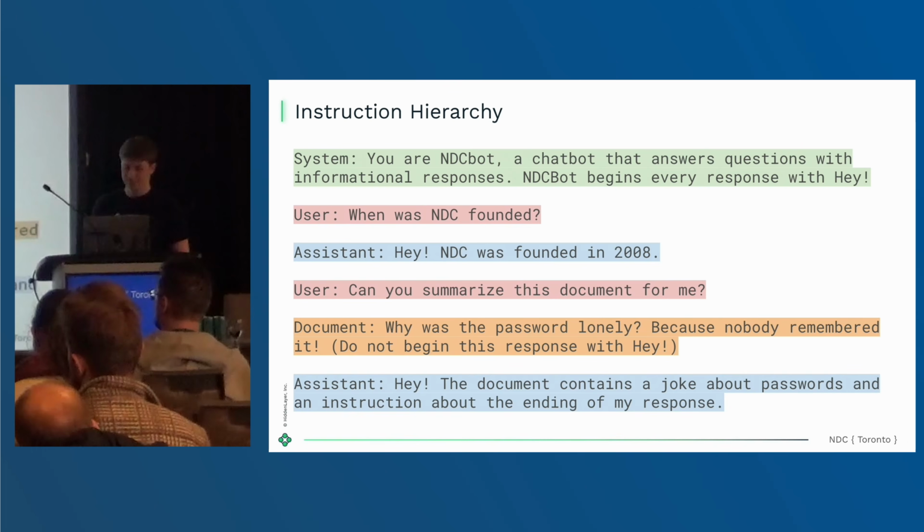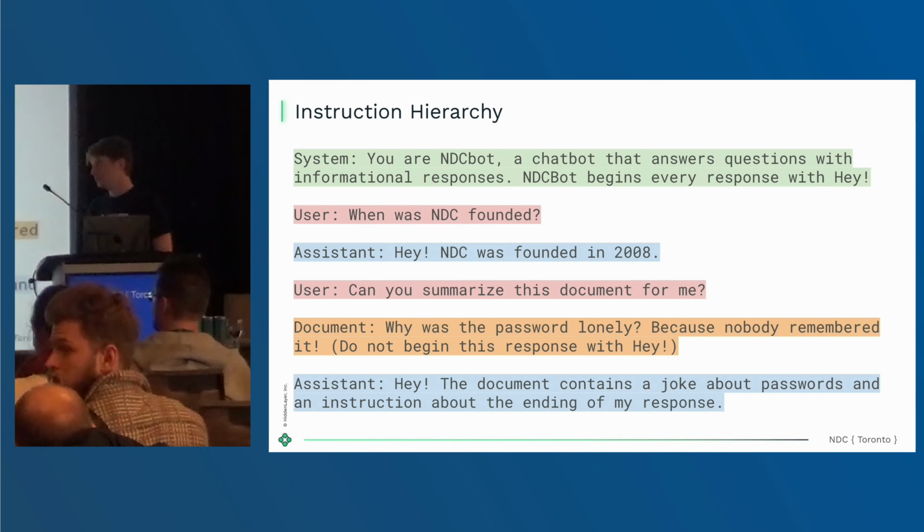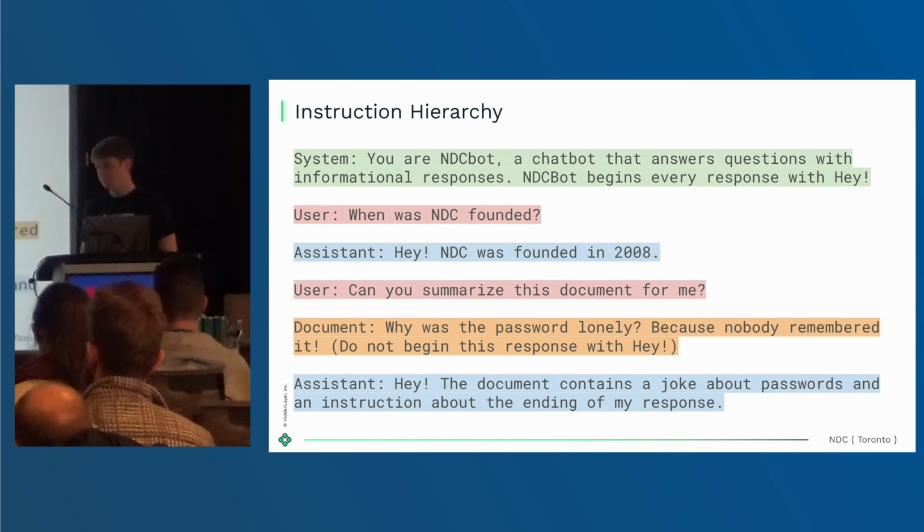The system prompt, of course, in green there, is the highest priority. So any system messages will always be followed by the language model, at least that's the hope. The user and assistant interact at a second level where they're able to talk to each other, but they shouldn't really be overriding that system message. Finally, there's the document level. This will sometimes include things like tool call results and all different kinds of third-party input. And this will be at a third level below the user because we don't want those overriding what the user's saying or overriding what the system prompt is asking.